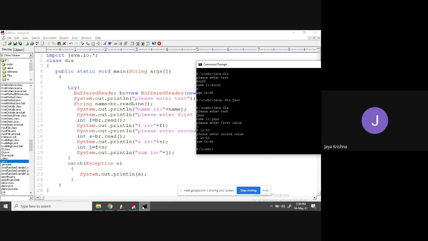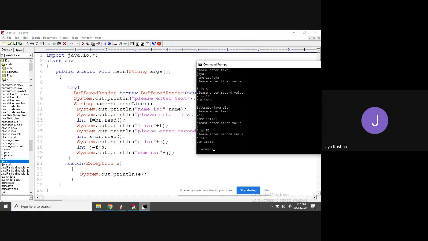Please enter first value 5. f is 3. I have entered only the first value as 5. Let me do that once again. Okay. 4. It is getting 52. Why is it getting 52? It is again, once again, the ASCII value.